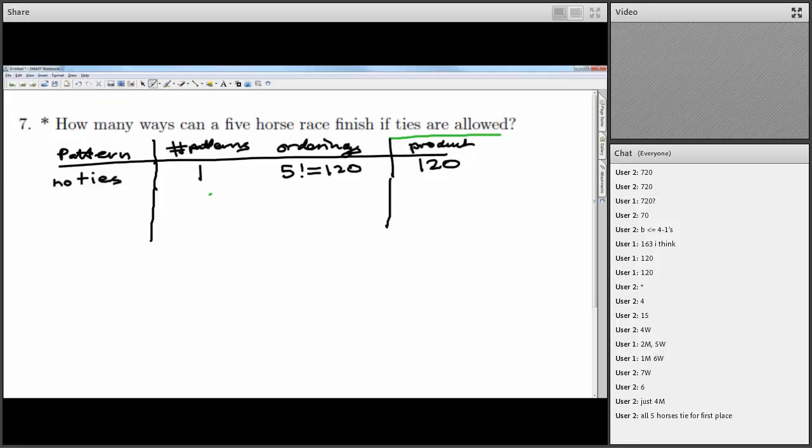Just waiting for people to think through it. Yep. Okay, so we're going to have a 5-way tie. That's right, it's another pattern. For a 5-horse tie for first place, there really is just one way of satisfying that pattern. Again, it's a pretty distinct case. How many different ways are there of ordering those horses? There are 2 ways of thinking about it. If all 5 horses tie for first place, they're all coming in at exactly the same time. There really is no ordering between them, and the answer is just 1.